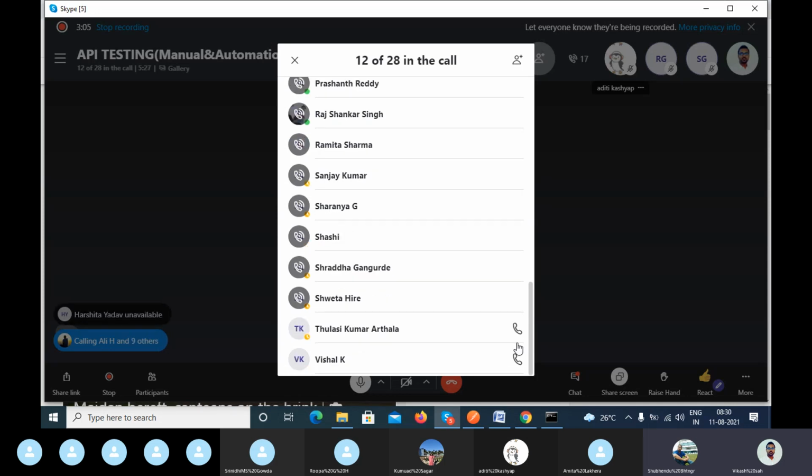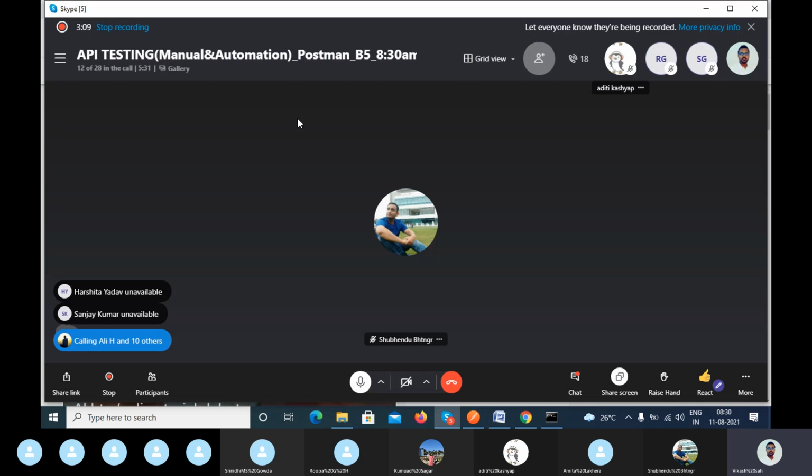So you have credentials like a username and password. The banker has provided you the username and password. If you have the valid credentials, after that you can log into your application.